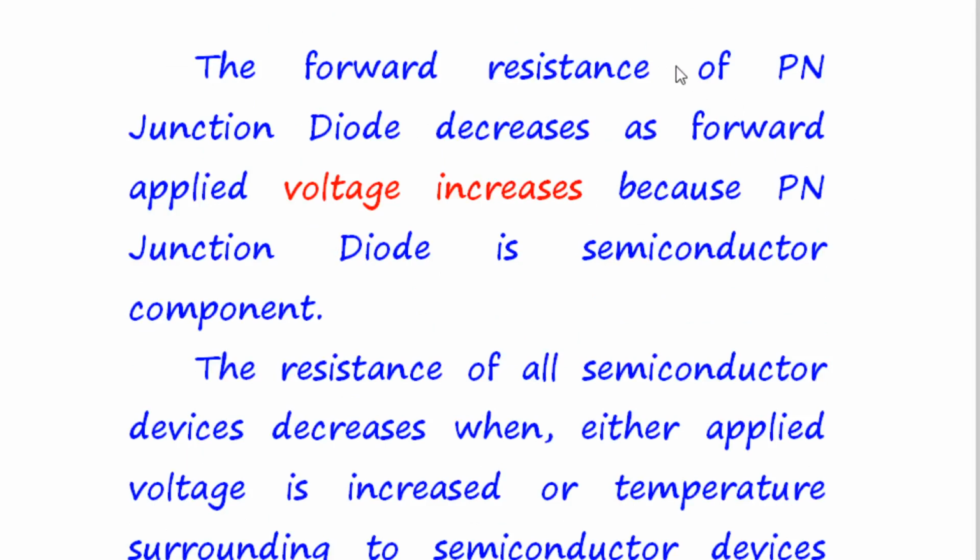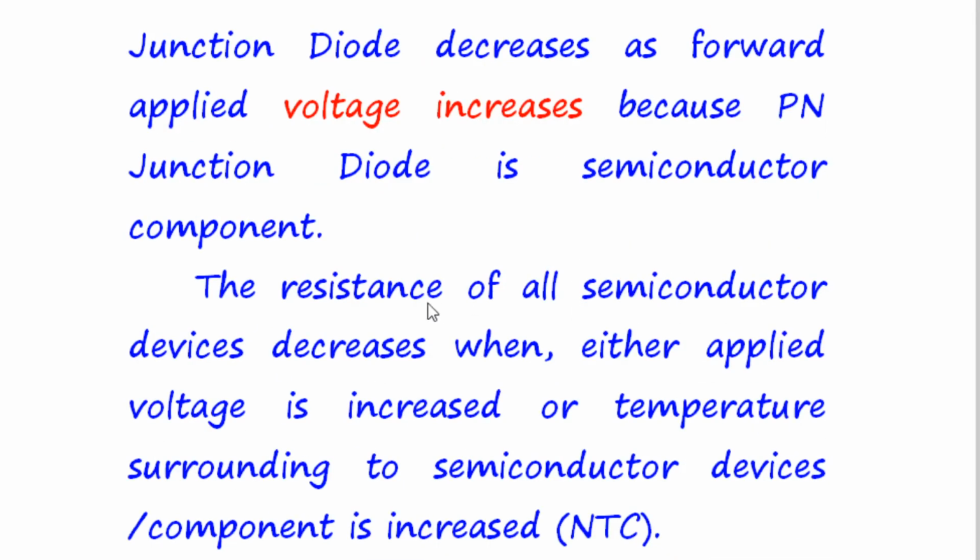The forward resistance of a PN junction diode decreases as the forward applied voltage increases, because a PN junction diode is a semiconductor component. The resistance of all semiconductor devices